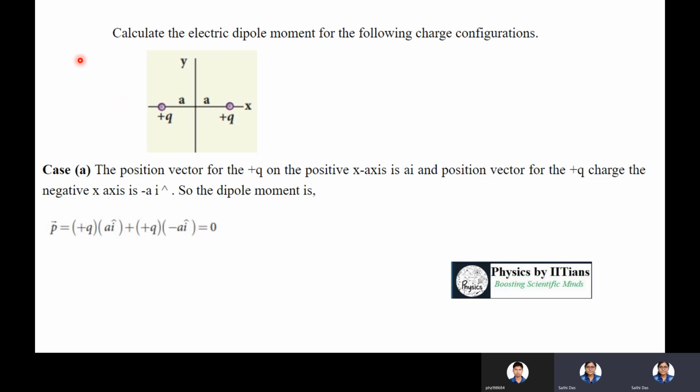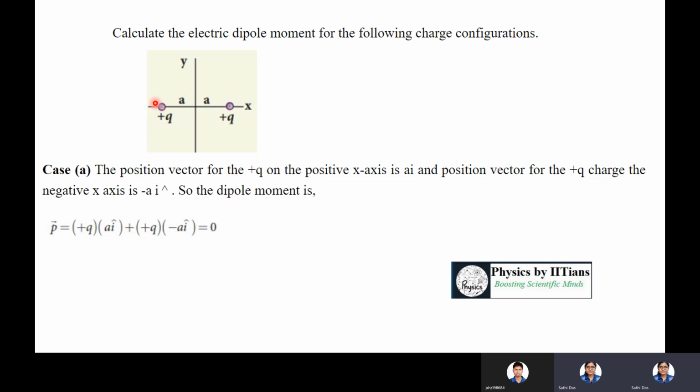So suppose in the examination you have to face some kind of problems this way. So I am giving first the easy examples, and obviously you will have to get the difficult ones and try to solve them. Okay. So the easy example: calculate the electric dipole moment for the following charge configuration. There are two charges, one that is plus q and here it is also plus q. So you have to find out the electric dipole moment for this charge configuration.